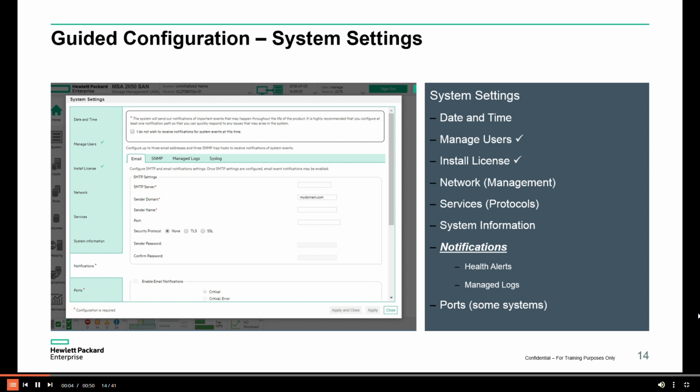Notifications panel is another required visit. The customer can opt out of setting any notifications with the checkbox at the top of the page, but this should be discouraged. In review of customer issues, we have seen some unfortunate cases where customers have not been aware